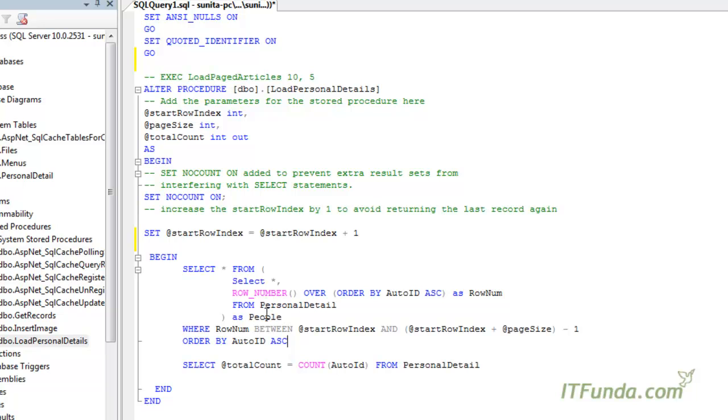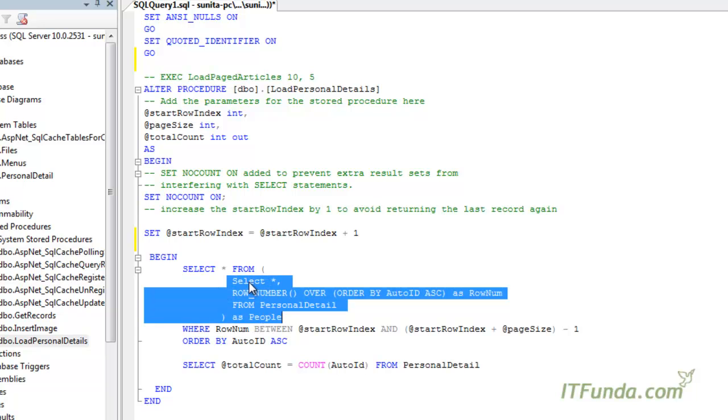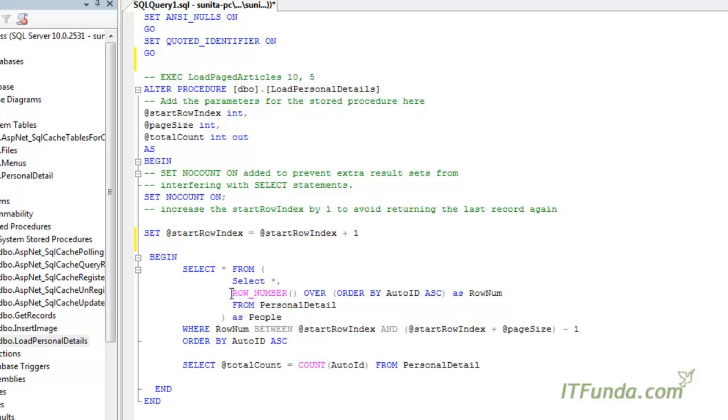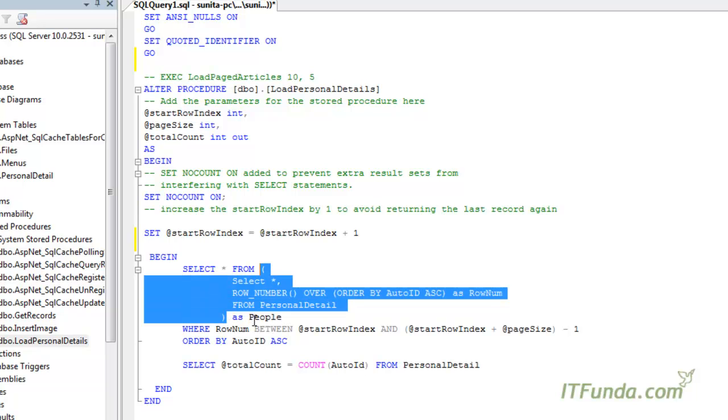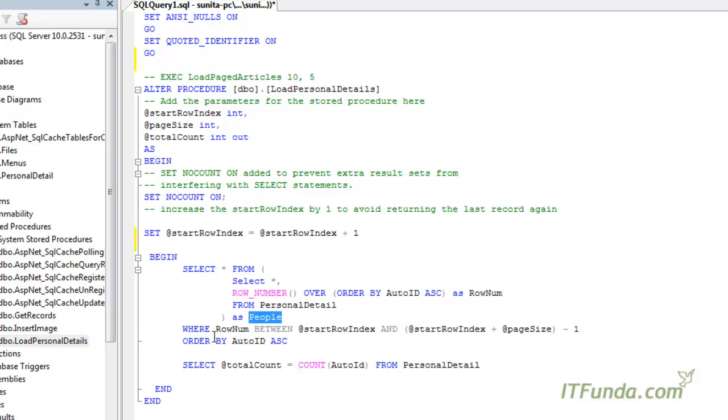So in this, what we are doing is select all from, and here is the subquery. In this we are saying select all, comma, row number over order by auto ID ASC, meaning select all records from the personal detail table and also select a row number over order by auto ID, meaning order by auto ID in ascending order, and give me the row number as well, and name that particular row number as ROWNUM column name. And then this complete subquery is aliased as people, where